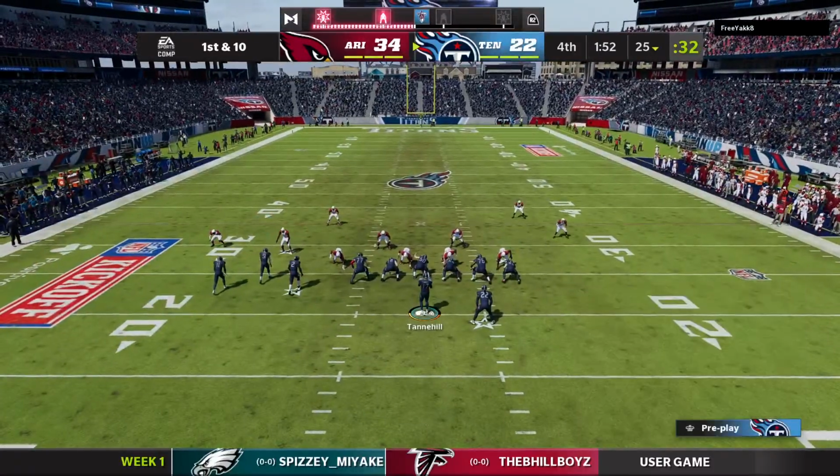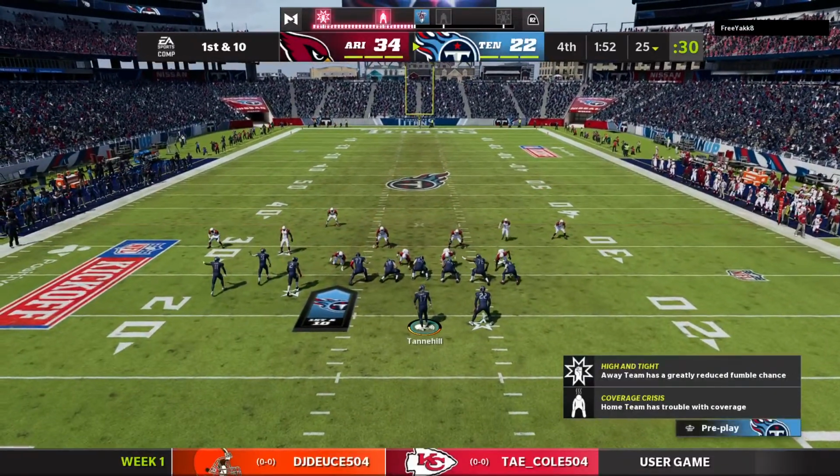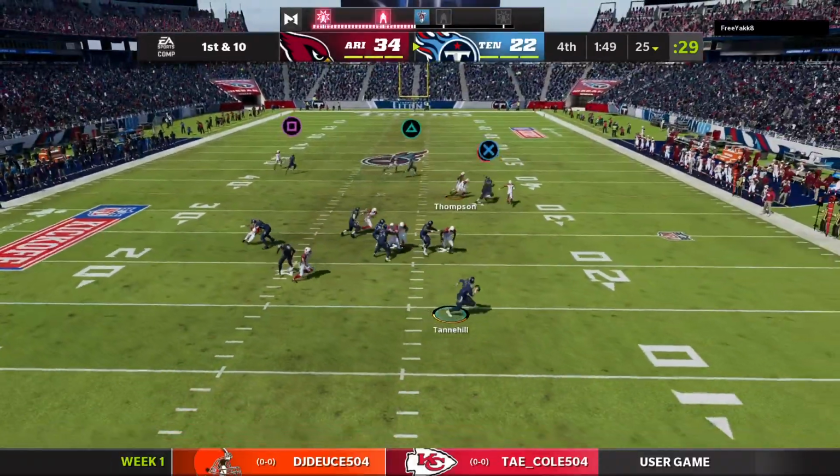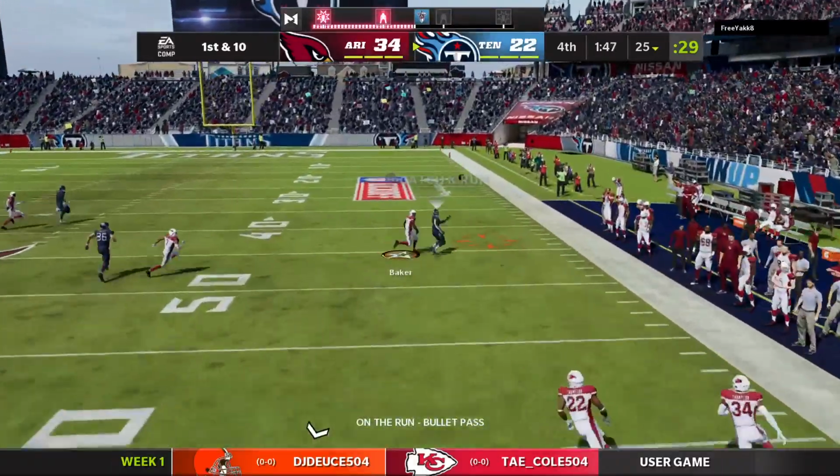The Titans offense set to begin the drive. And last time this unit was out here, costly turnover, and then that turned into 6 points. They've got to make amends. And how many times have we...